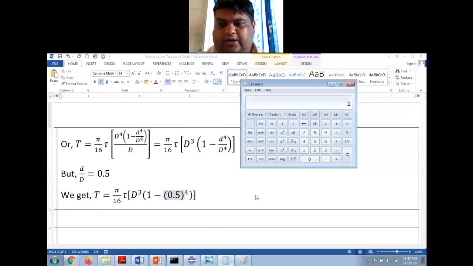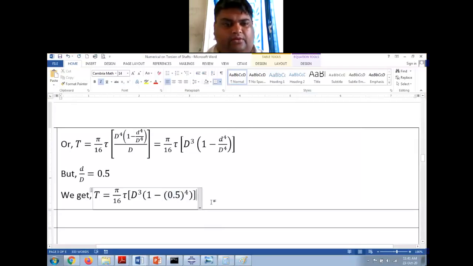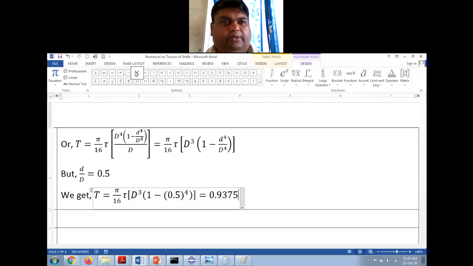So it is 1 minus 0.5 raised to 4. So this is 0.9375. So this is equal to 0.9375 pi by 16 tau. Multiply this by,